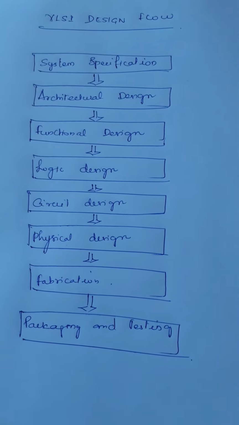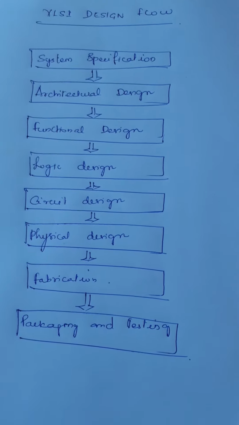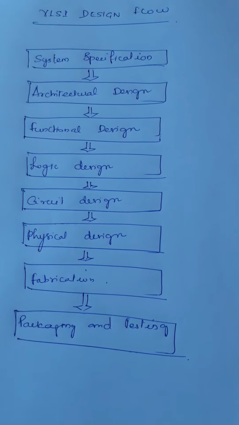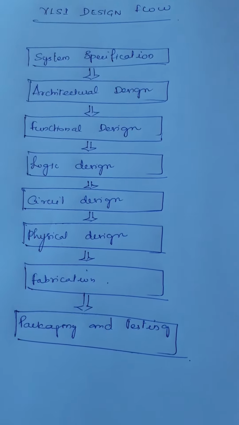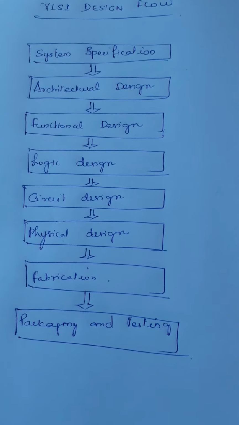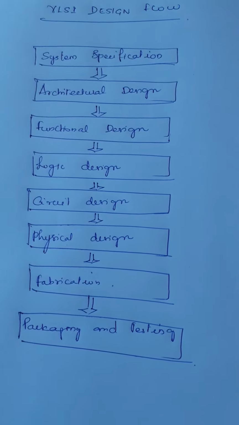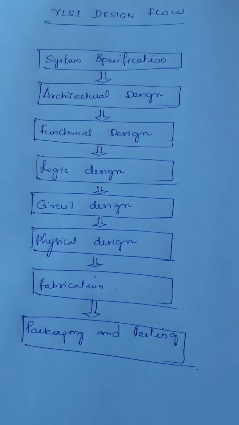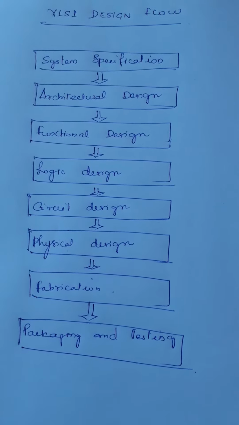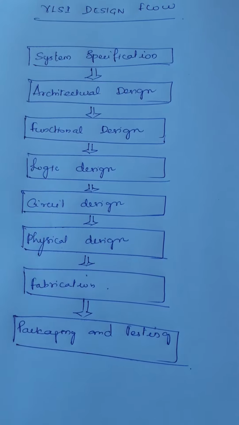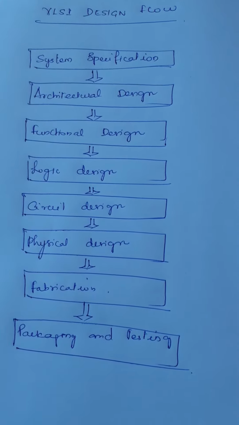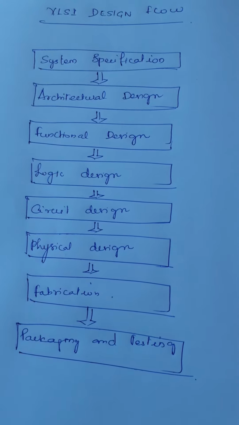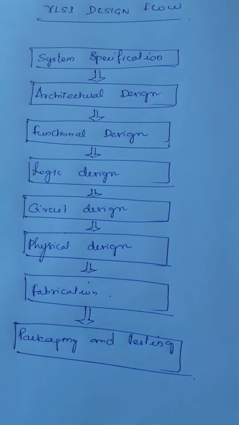In system specification, the first step of any design process is to lay down the specification of the system. So this is the customer satisfaction. The system specification is a high level representation of the system. The factors to be considered here are the performance, functionality, and physical dimensions, that is, the size of the die. The fabrication technology and design techniques are also considered here. The specification of a system is a compromise between market requirements, technology, and economical viability. The end results are specifications for the size, speed, power, and functionality of the VLSI system.